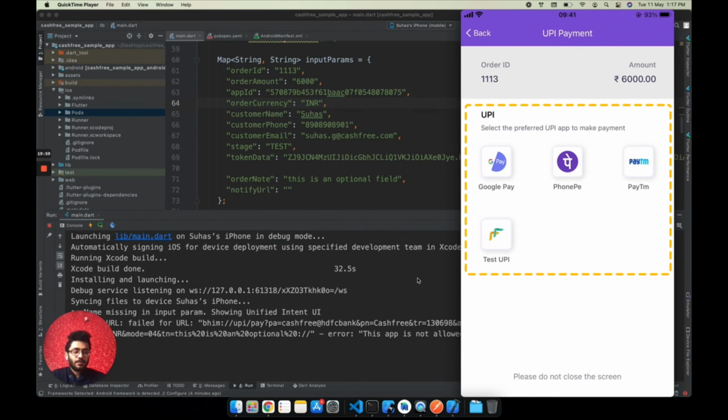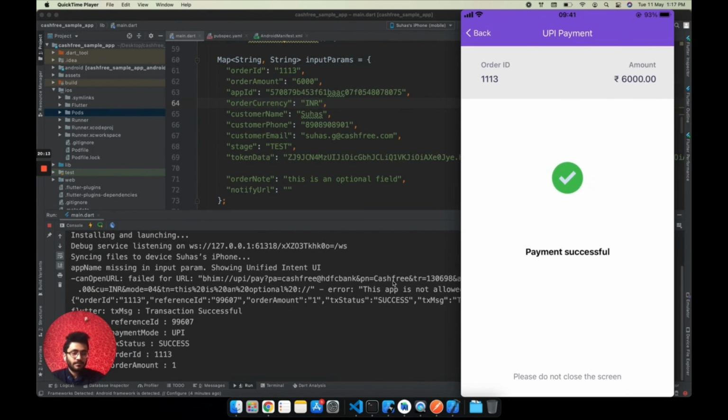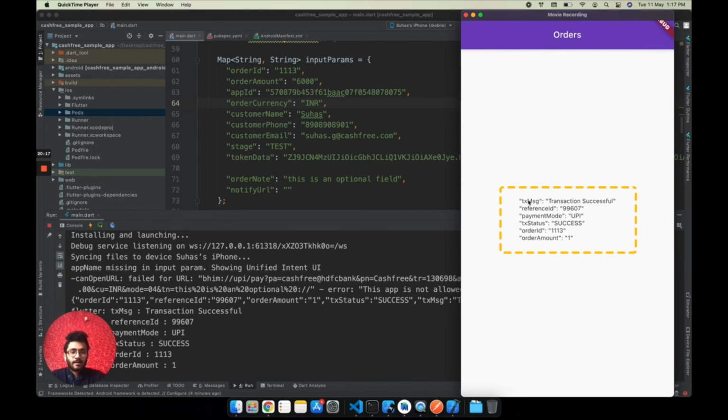I'll be clicking on this test UPI, and this is again a simulator that comes up. I will be making this payment again as a successful payment. As you can see here, again it gives out the response similar to the previous one: transaction message, reference ID, payment mode, transaction status, order ID and order amount.